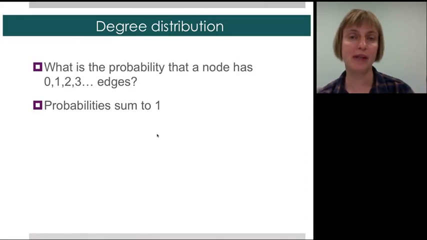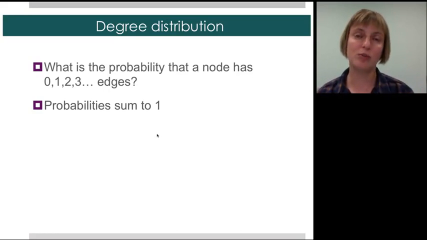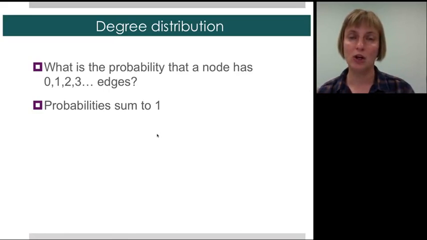What is the probability that a node has degree 0, degree 1, degree 2, and all of those probabilities have to sum to 1. And by looking at the shape of that distribution, we can tell whether nodes tend to have approximately the same degree with some random variation,